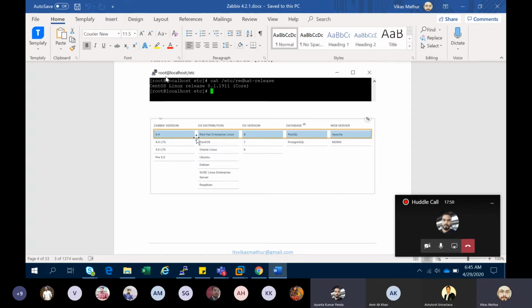Right. There is no compatibility issue while installing this version on our server. If you want to install on Ubuntu, you have to install the Debian package. If you want to install on Red Hat, CentOS, and Fedora, there are no such compatibility issues. If you want to install this package on Solaris, Solaris is basically from Oracle, so I don't think there are any challenges.